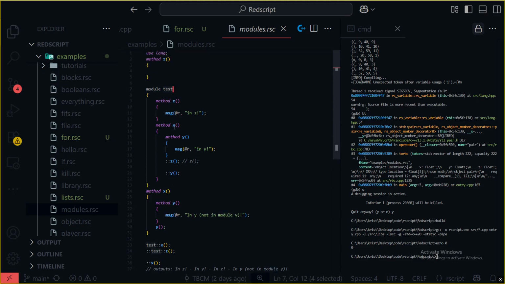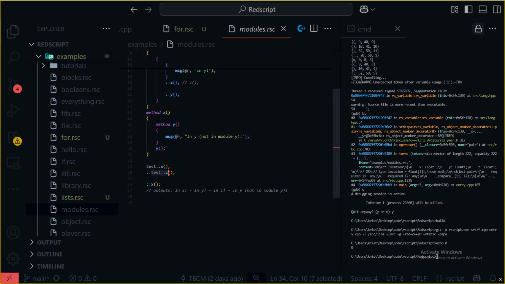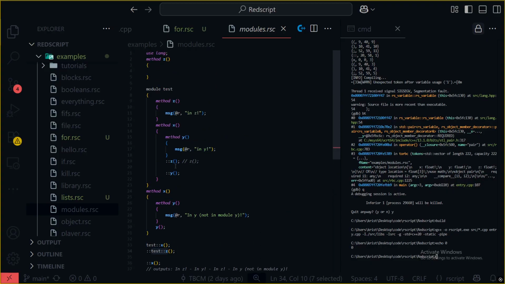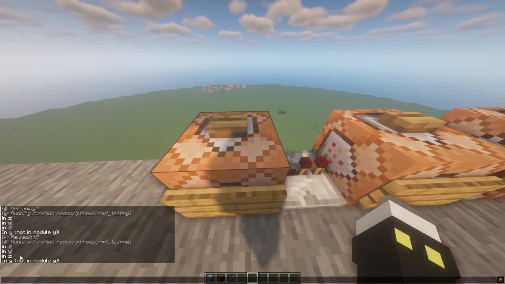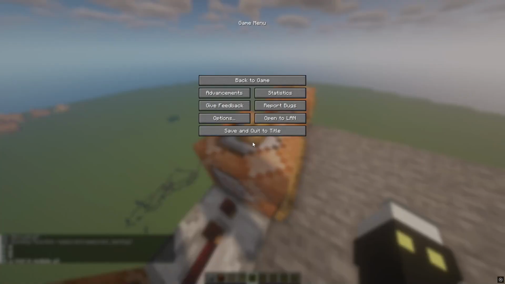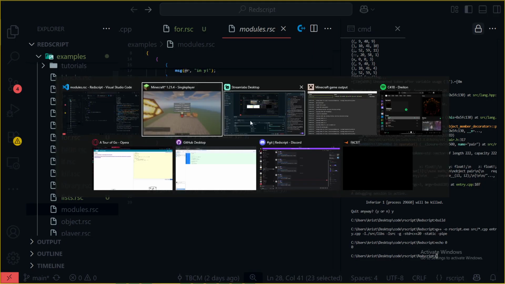Test X calls Z of its current module, which is in Z. Then it calls its nested function in Y. So we know the output should be in Z, in Y. Then test Z, which we just get in Z again. So in Z, in Y, in Z. And then X, which calls Y, which is in Y, not in module Y. Let's go back, reload and run it. You can see we get in Z, in Y, in Z, and then in the other Y. So that works. And the way it compiles is